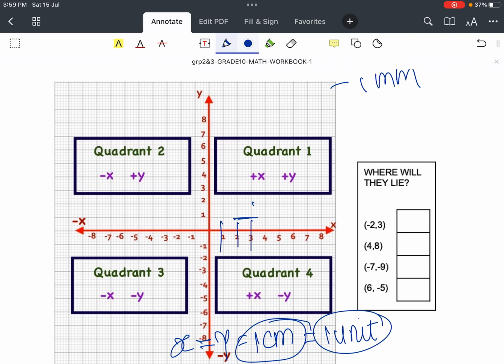तो देख लो हर एक सेंटीमीटर के लिए हमने 1 यूनिट पुट किया। तो पहली लाइन है तो 1 2 3 4 5 6 7 8, 1 2 3 4 5 6 7 8, और यहाँ पे भी देख लो -1 -2 -3 -4 ऐसे कंटिन्यू किया है वाई एक्सिस पर। तो एक्स पे भी -1 -2 -3 ऐसे कंटिन्यू किया है।